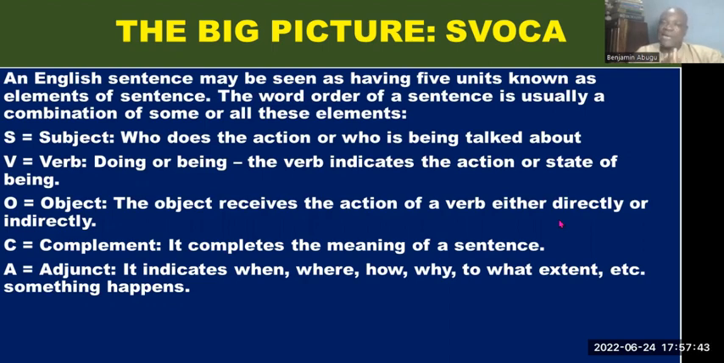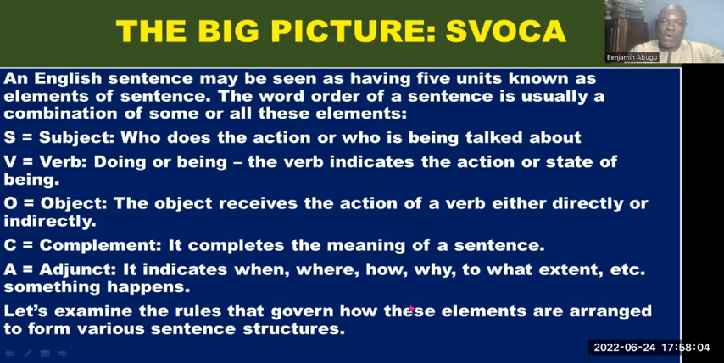We are going to look at all these one by one. Now, the big picture here has to do with the 5 elements of a sentence. And this shows that your word order is a combination of some or all of these elements. Now, let's go further to look at how it works. And so, at this point, we are going to examine the rules that govern how these elements are arranged to